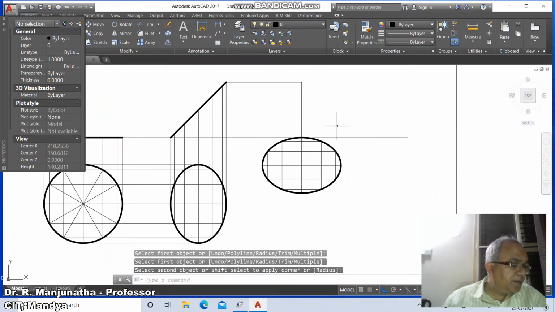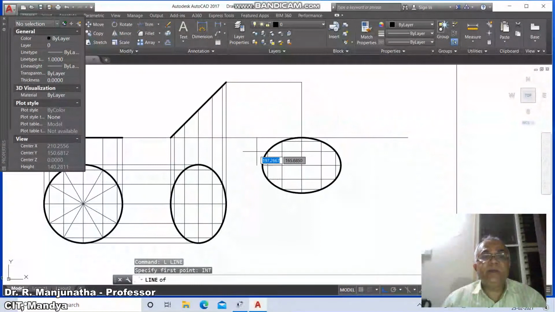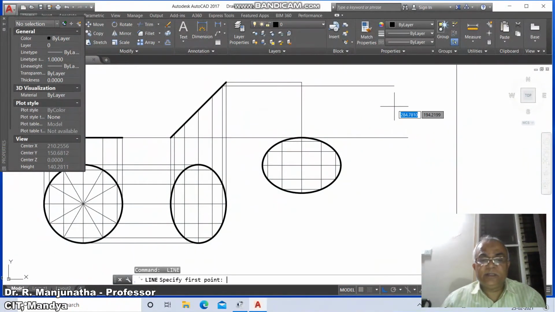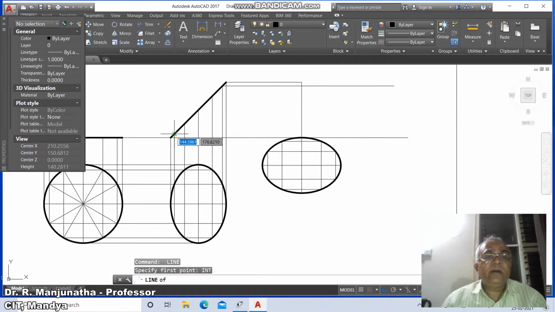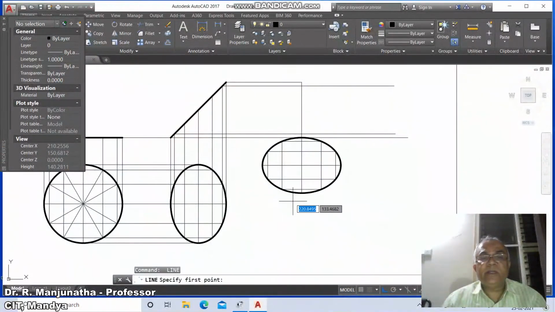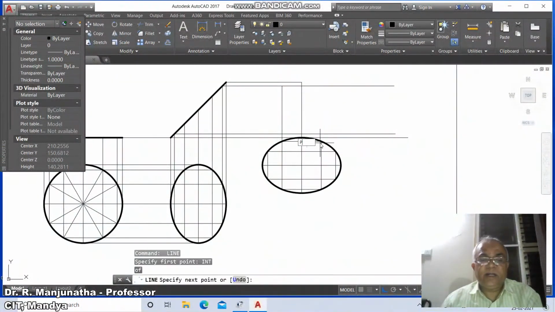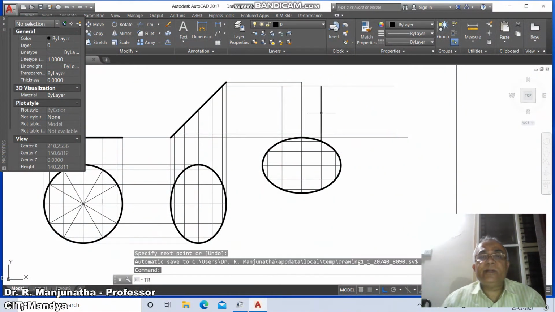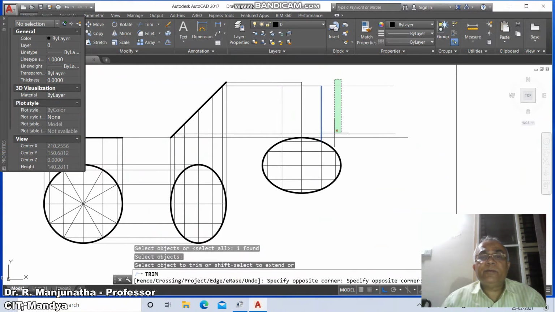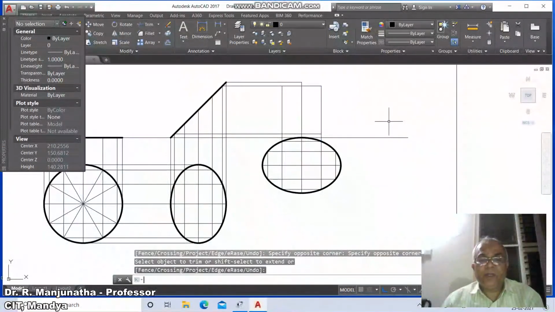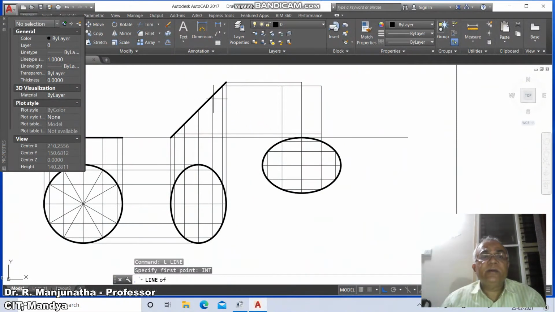Similarly, you take this line int of this and you drag this. Similarly, you take line int of this and you drag this. So which are those two lines when you take it? So the line int of this and take perpendicular to this, and similarly line int of this and take perpendicular to this. Then go to trim between these two, then go to line, take int of this and draw the